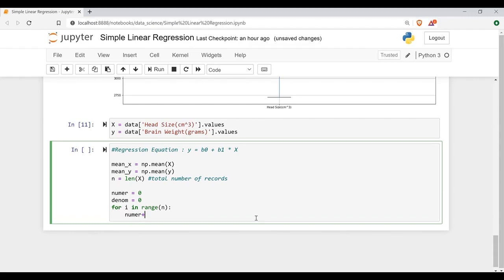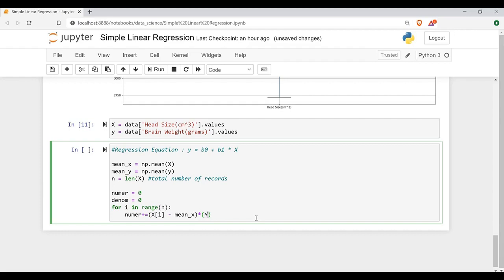Numerator plus equals is nothing but we'll be adding up the values to the existing one. So here I'll say x of i, each of the value of i minus mean of x. As per the formula, x minus x mean whole square, so we'll just take x minus x mean into y minus y mean, that is the formula for the numerator.